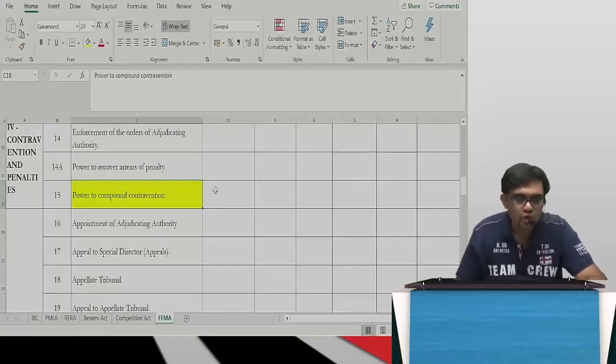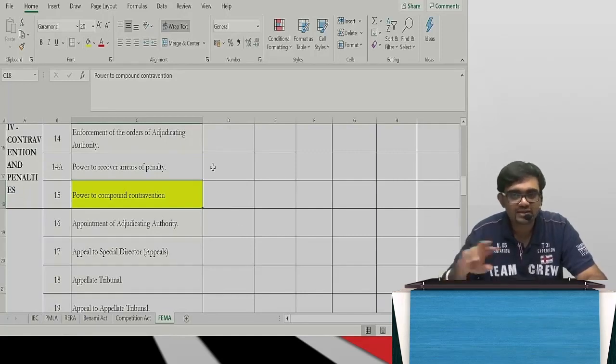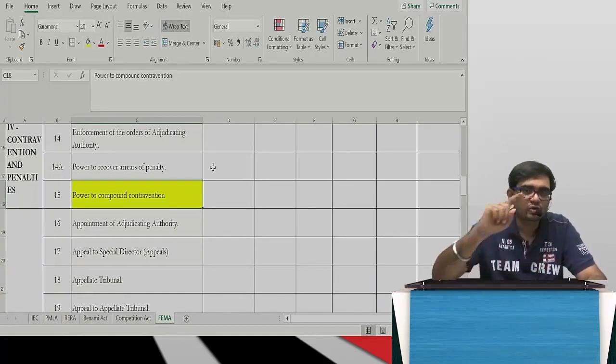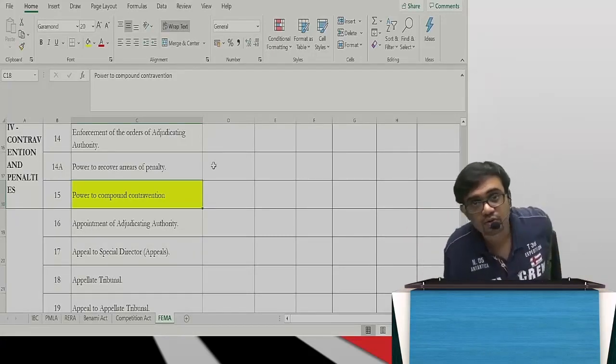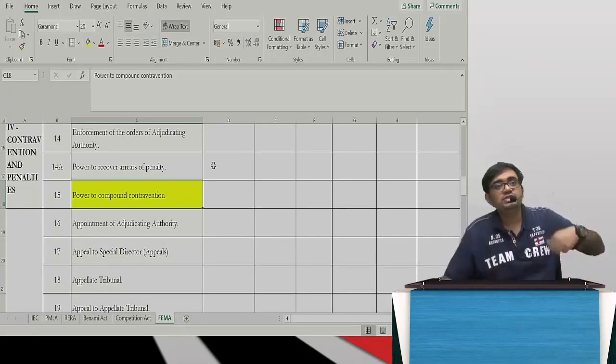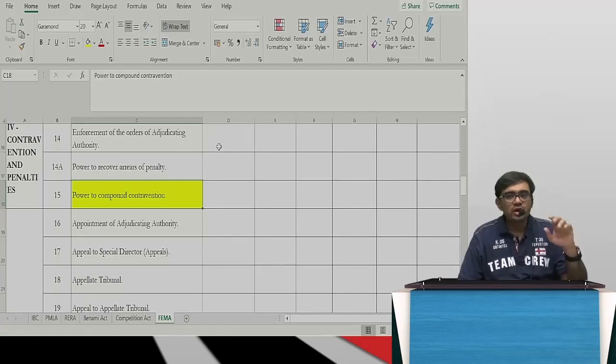And my module 2 really will help you understand what to mark and what not to mark. Module 1 has the mapping, module 2 has the bare Act as well as the case studies. And it's an open book exam. If there's any relevant case law that you have to consider, that also is already there in the material. So my module 1 and module 2 are more than enough to carry into the examination. Nothing else is needed. As simple as that.